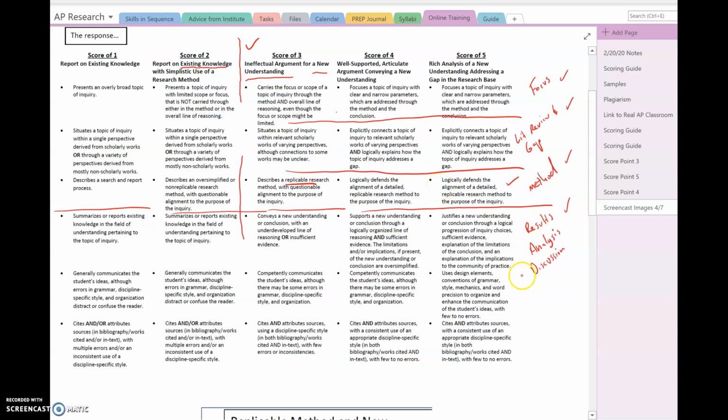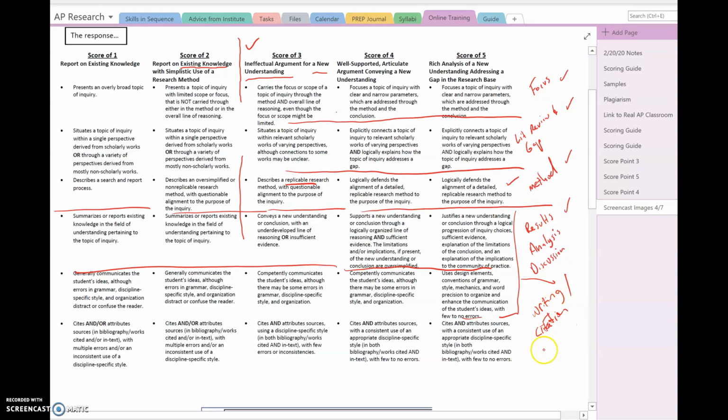Once you get down into these two bullets, I'm sorry, I kind of goofed this up a little bit. It's more like right here. This is going to be the results, the analysis, and the discussion. And then down here is the writing, design, and attribution. So I'll add that: writing, citation, and the textual design,